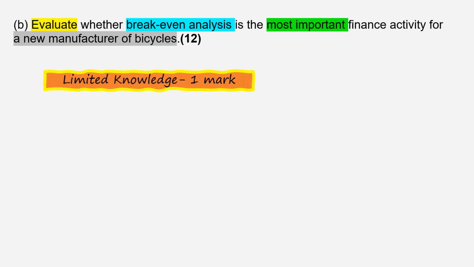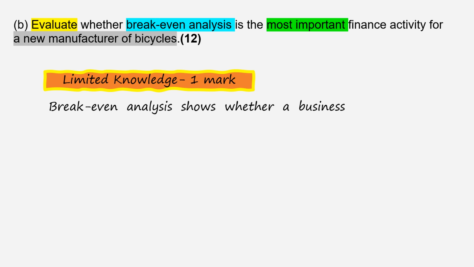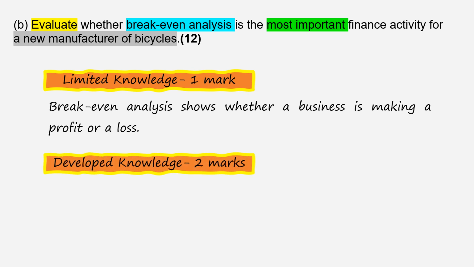Again, the first point is knowledge. If you're writing the definition, you will be awarded 1 mark for knowledge. Break-even analysis shows whether a business is making a profit or a loss. Again, that is limited knowledge. You will have to write a developed knowledge for 2 marks. And the knowledge may be either a definition of the concept or any factor on a break-even analysis that you will be analyzing